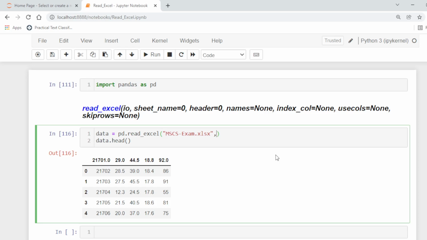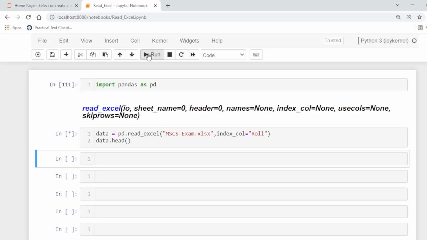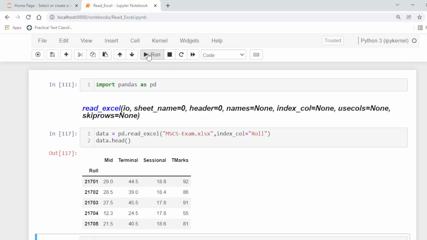For example, we want to use the index column roll. So now in this case, the roll column will be used as row labels. So now it will change the index. Here there is no default index number, but here roll numbers are used as row labels.